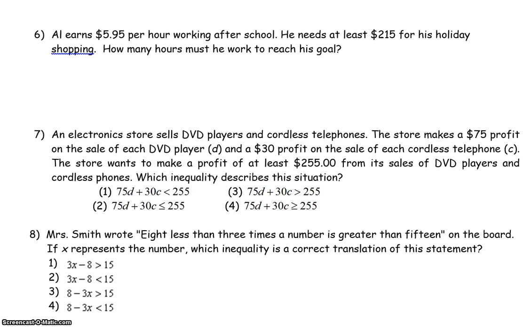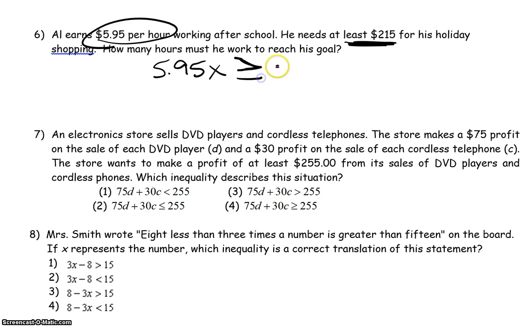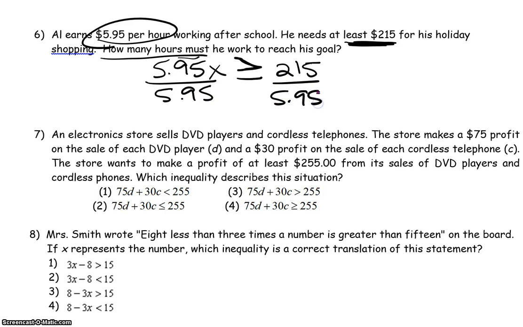Number 6, Al earns $5.95 per hour. So you have $5.95x working after school. He needs at least $250, so this needs to be greater than or equal to $215. How many hours must he work? How many hours is telling you you're solving for x. So divide by 5.95, divide by 5.95, and your answer is,